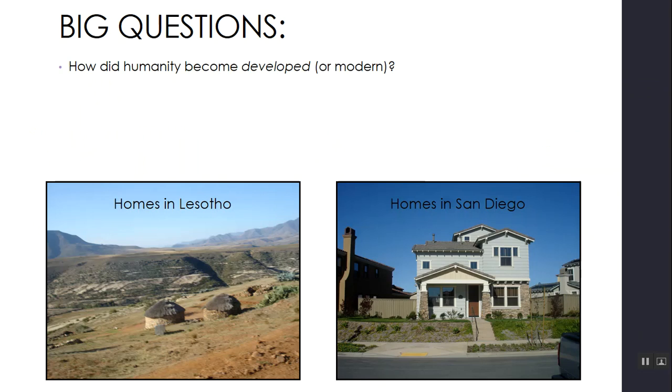So a couple of big questions. How did humanity become developed or modern? And why are there such big gaps in wealth and development around the world? Like, why does a home in Lesotho look like it does on the left, while a home in San Diego,